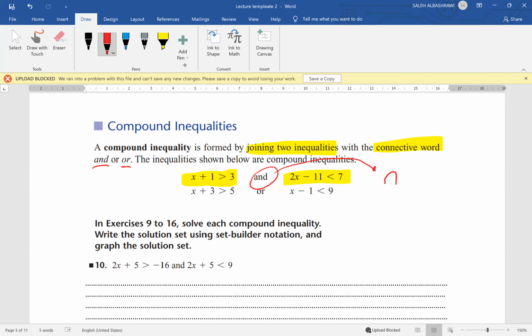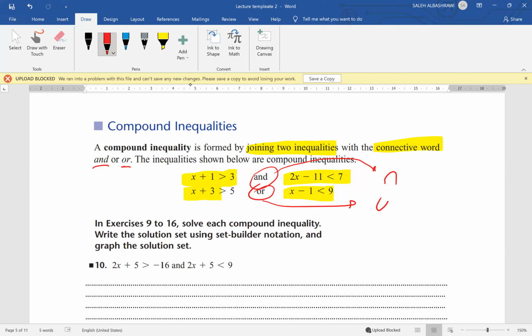If we have "or", again, this is another compound inequality. I have x plus 3 greater than 5 and x minus 1 less than 9, and these are connected by the word "or". For the "or", we are using union. So if we have "and", we are looking for the common. If it is "or", then we are combining the solution set of the first one and the second one, combining all of them, not finding the common one. For example,